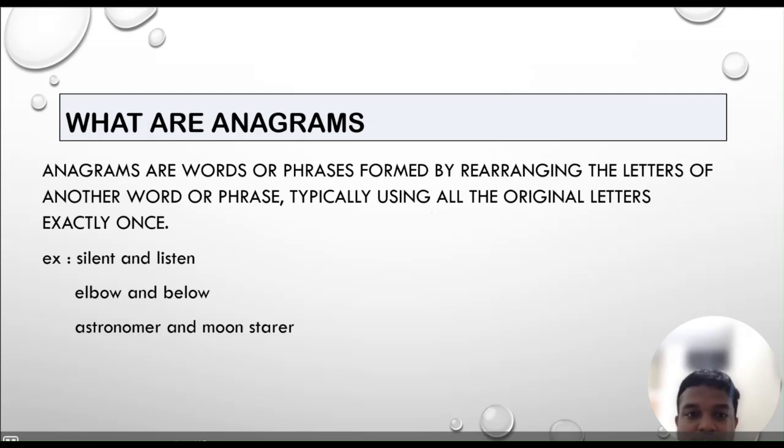As I mentioned, my code is only for words. We are going to write two codes. The first code can only check whether two words are anagrams of each other or not, but the second code we can extend to phrases also. I'm going to show a demo on blank slides so that we can get an idea, and then we can proceed to compile it later. So, moving on,